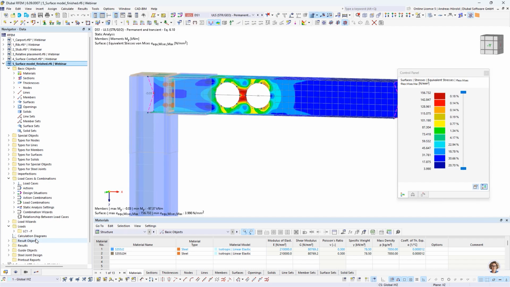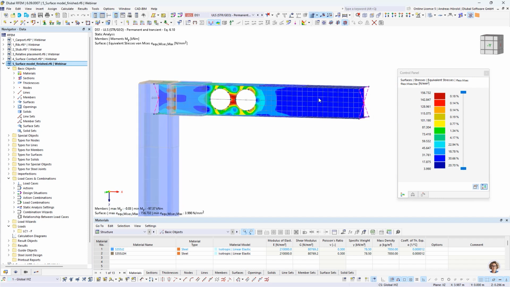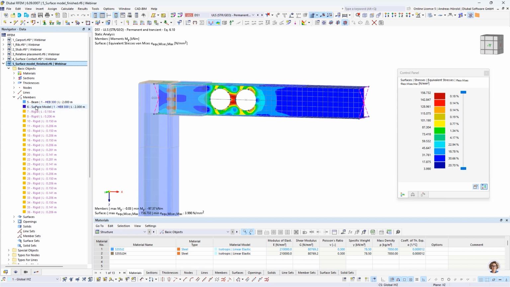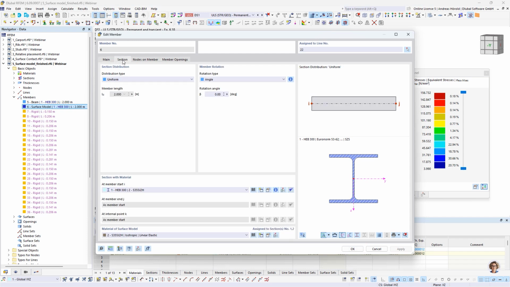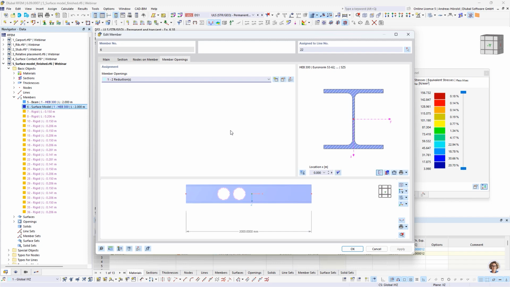So that's the example. In this example, there's a surface model with openings. How to create such things. That's a surface model. And for the member, I created a surface model. I double click on it. So member type, surface model. Then you have to select a section. And for example, you can then